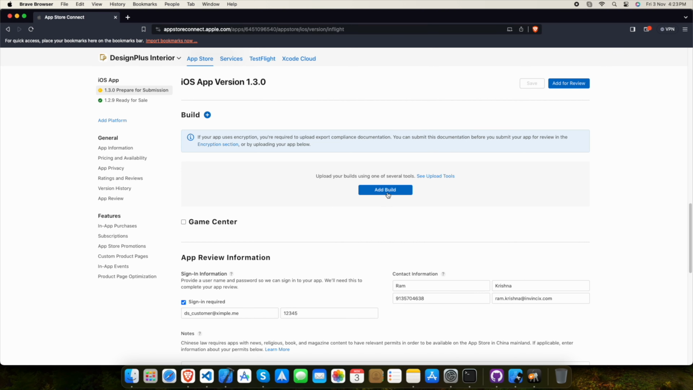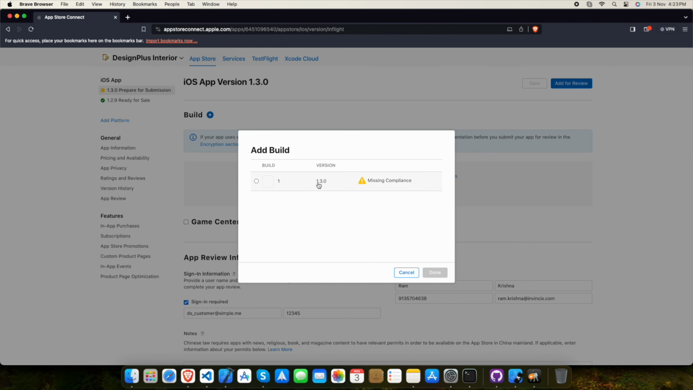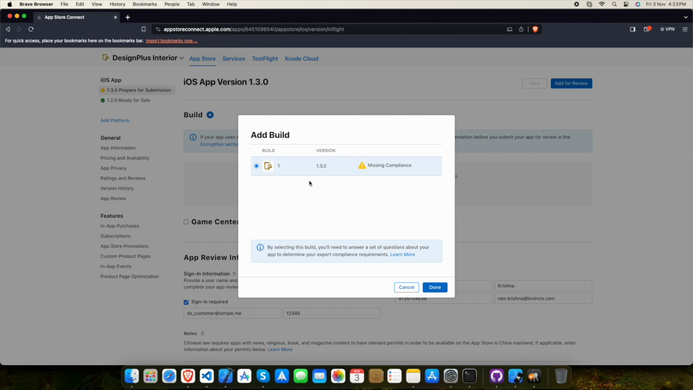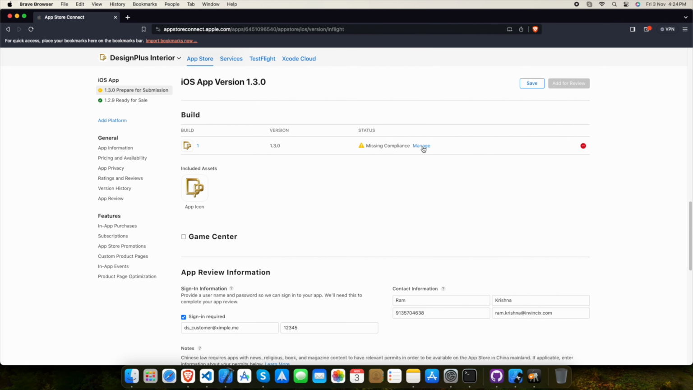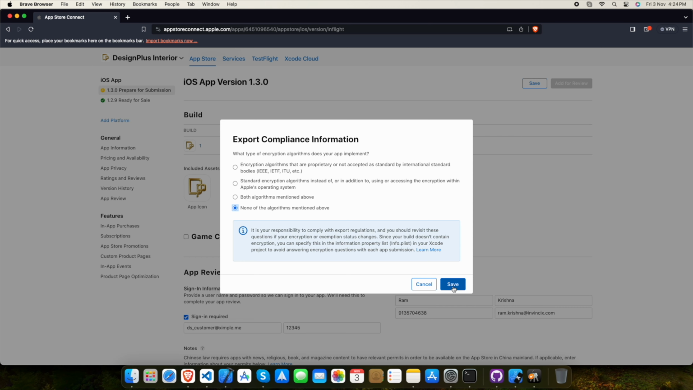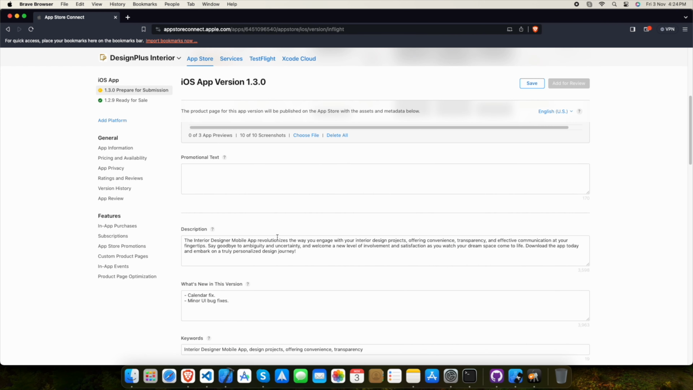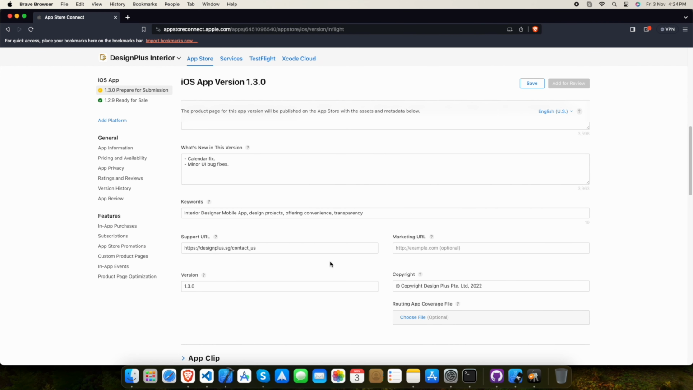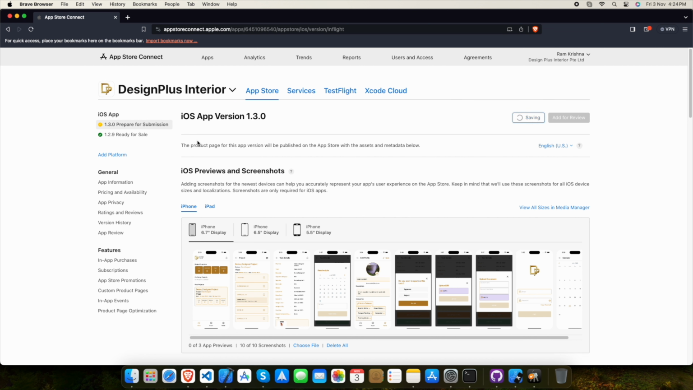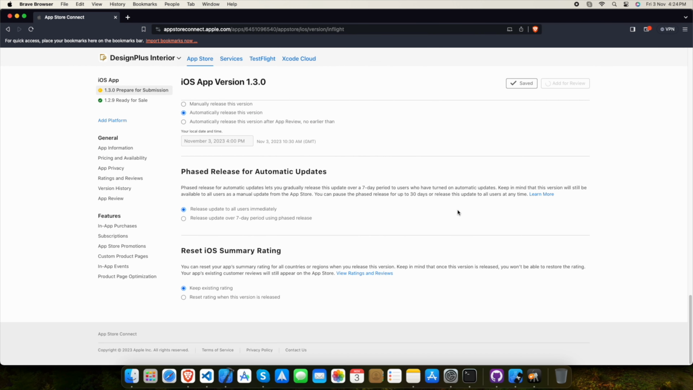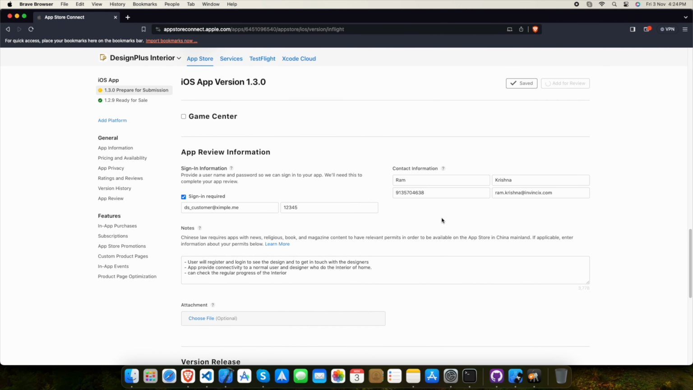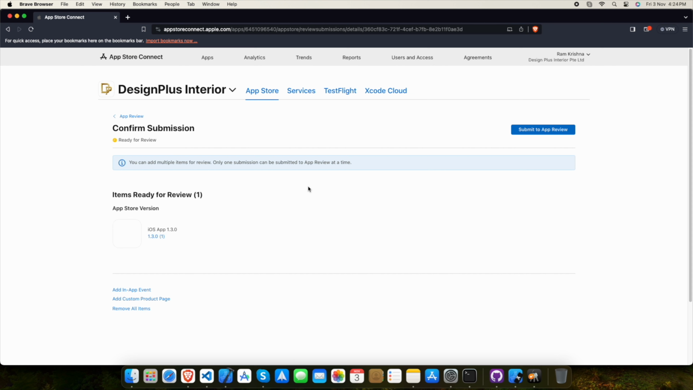Once the app is uploaded, it will appear here in the add build. So I selected the build number, which is already uploaded, and now I clicked on the missing compliances and I selected all no, and now my app is ready for final submit. I will save the details, and will add for review. So it's added for the review. Now I will go in the review section and do the final submission for the review,